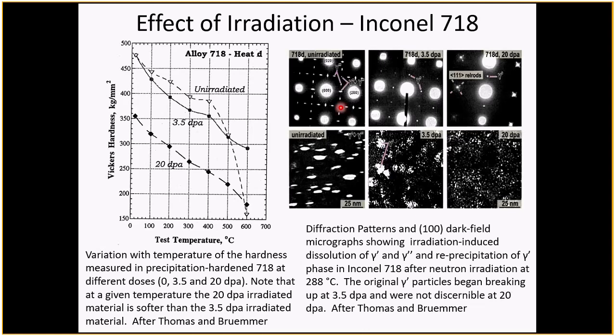So there's two things that go on during radiation. One is that this ordering goes away, and then the second is that you get this dispersion. So both, in effect, soften the material. So when you look at the hardness of the material, when it's precipitation hardened, this hardness drops off. And you only see it at relatively low temperatures,